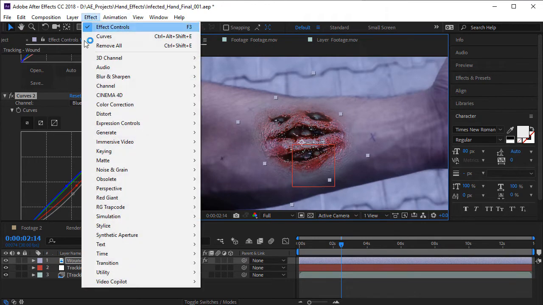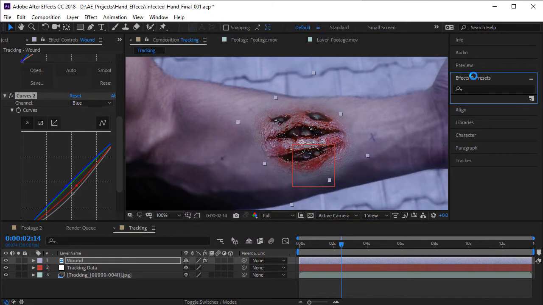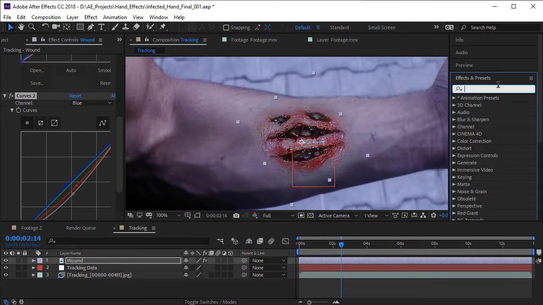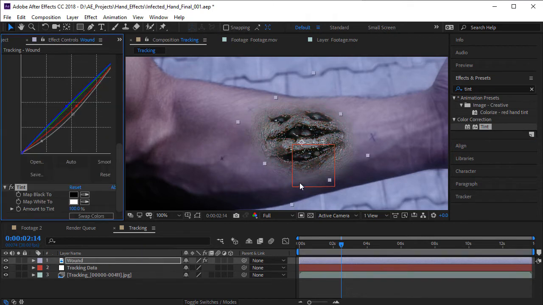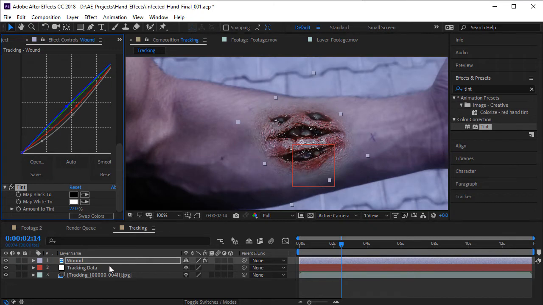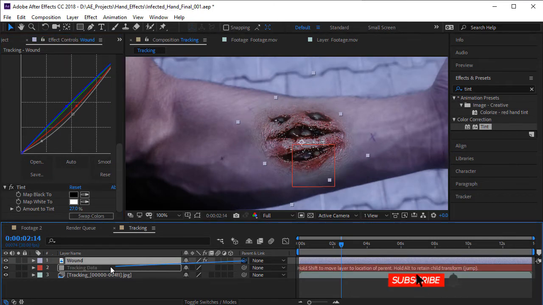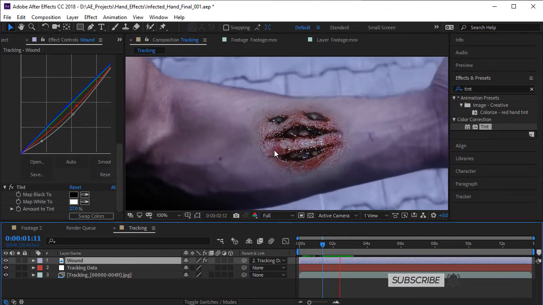So now it's looking cool, but maybe it's a little too saturated, so we can use the tint effect. Again, it's probably not gonna be there in the list. If you can't find it, just go to Effects and Presets and type tint, and it'll bring it up, and apply it. And we just want maybe 25%, or you can just increase it based on your needs. And if I just link it to the tracking data, you can see that it's perfectly linked to that part,